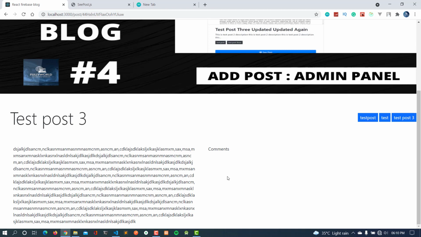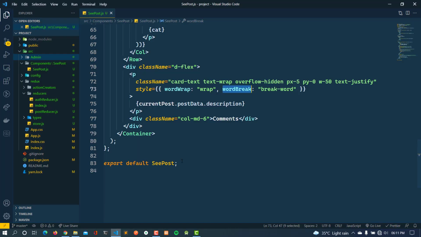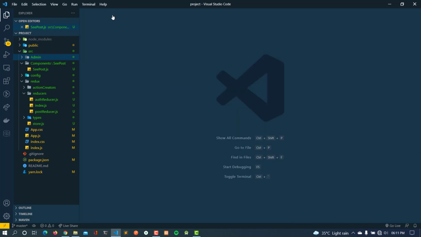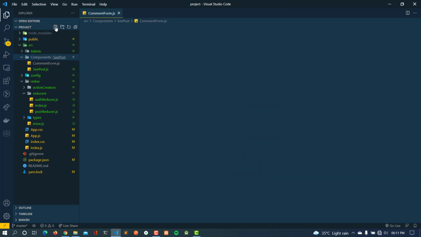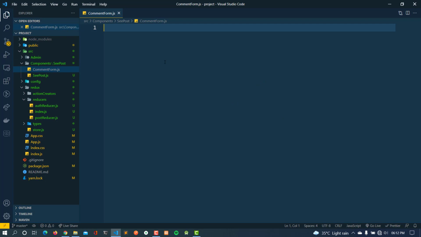Now let's add the comment form. To add the comment form, first of all we have to create one new component, and that will be in the comments folder. So here will be CommentForm.js. This I'm going to create, that is CommentForm.js, and here I'm going to write RAFCE.